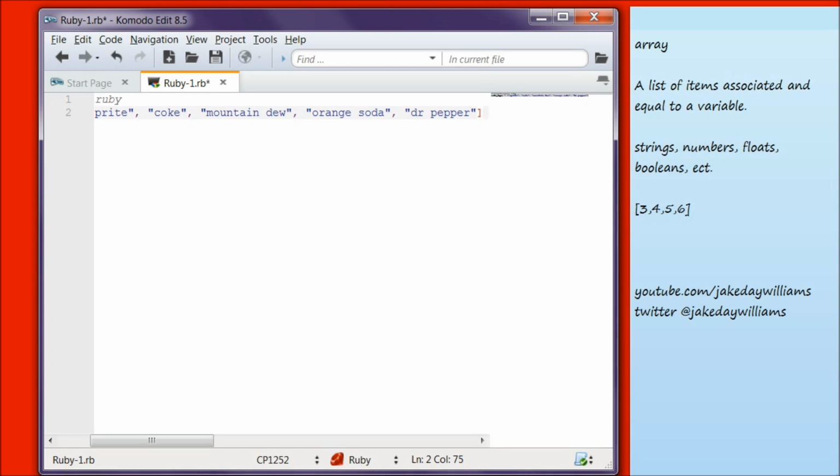And notice we're using a lot more strings than we did in the last episode. The last episode we only did 3. But you can set your array to any length that you want. So come on down to the next line. We're going to do puts soda_type